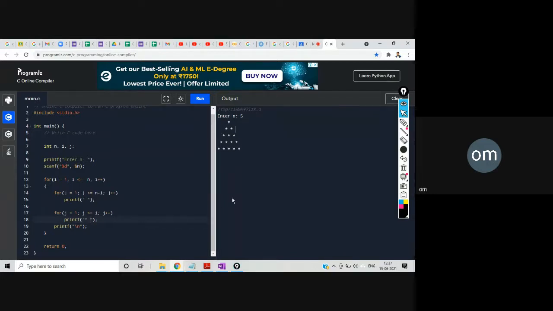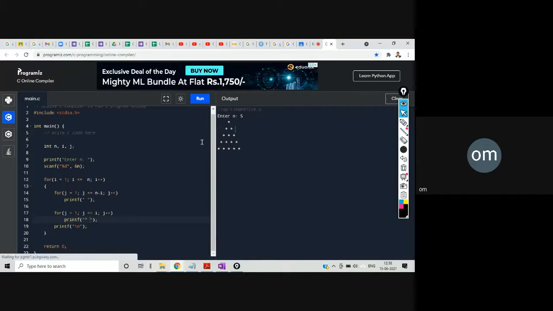Okay, and also before that there is a space also, so that space is adjusted, and then after that the printing is not just the stars, but the printing is what, star and space. So I hope this is clear. This is with the third type.